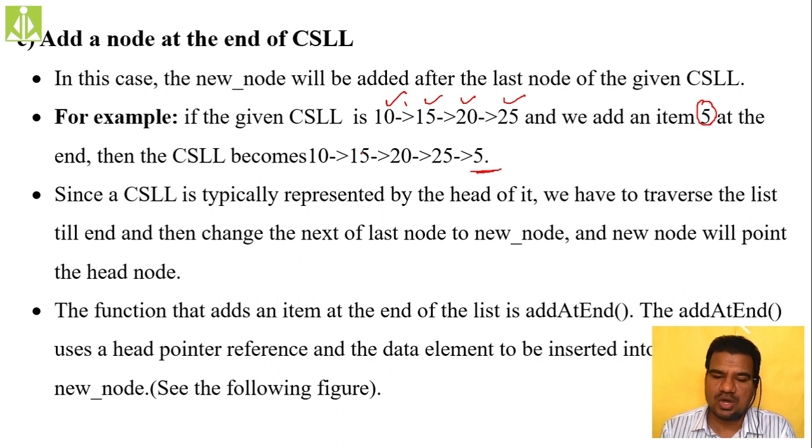And who will do this job for us? The add at end function will do the job for us. So simple thing, our head pointer is going to be here, so we have to take a temporary pointer so as to shift it to the end location. We have to shift a temporary pointer to the end location, and over here you can add that new node with 5 value. After shifting the temporary pointer, it will become very easy for you to add the newly created node at the end.